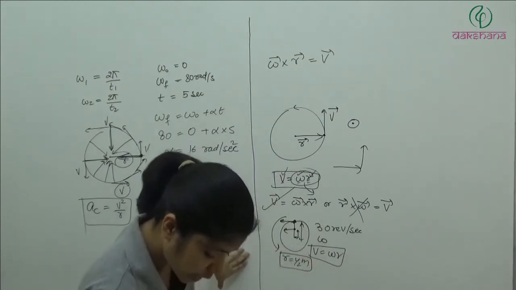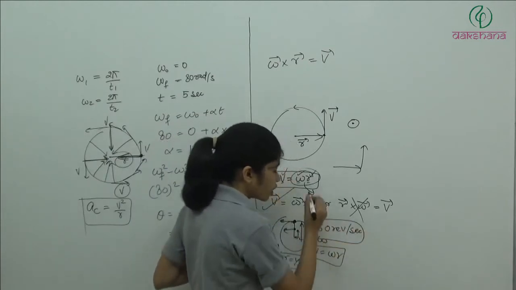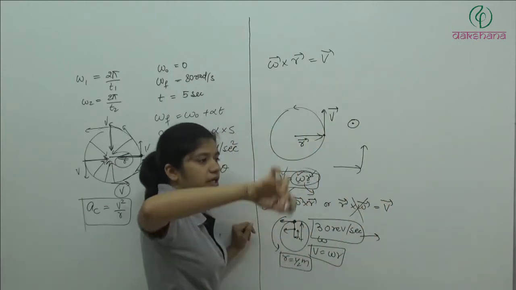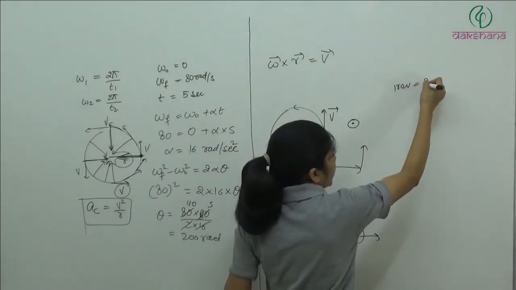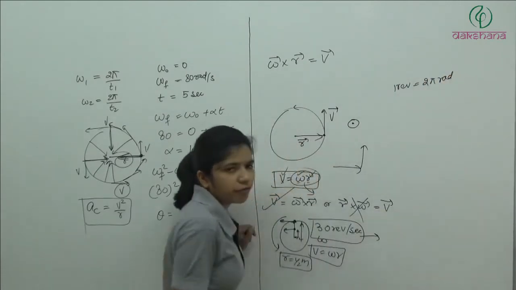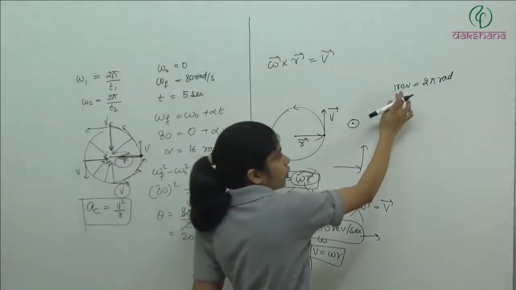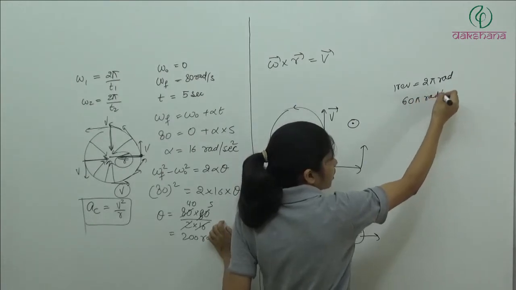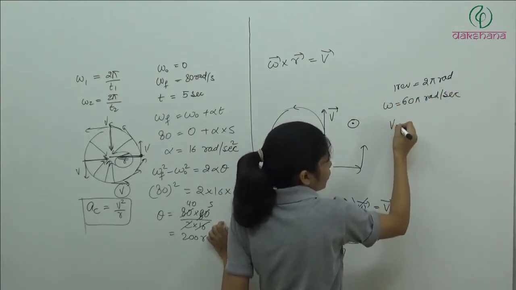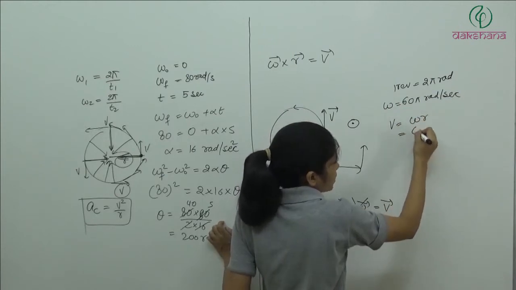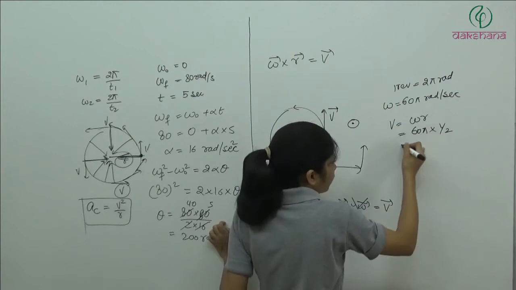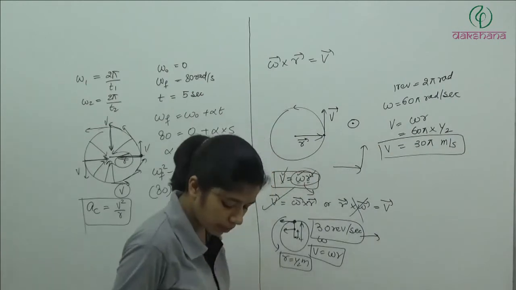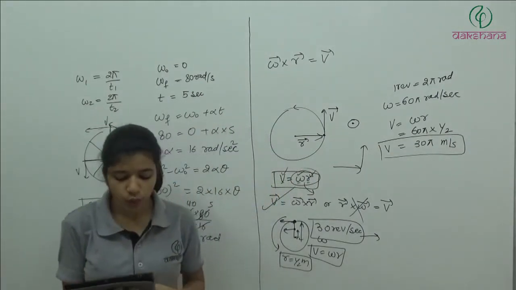So it is making 30 revolution per second. Now this is given in revolution per second. First we'll have to convert it into radian per second. So one revolution means one revolution, that is one round. So one revolution means 2 pi radians or 360 degrees. But we take omega in radians per second. So one revolution means 2 pi radians. So 30 revolution per second means 60 pi radians per second. This is the value of omega. So velocity will be omega r. So omega is 60 pi into r is half. So it will be 30 pi meter per second. V is equal to 30 pi meter per second. Option 1.